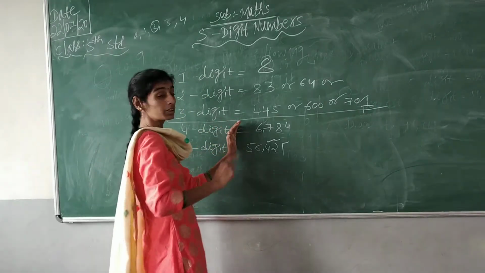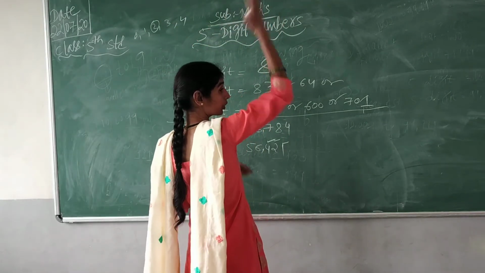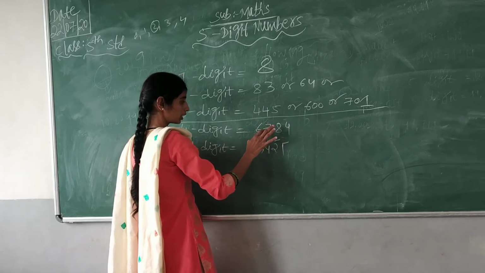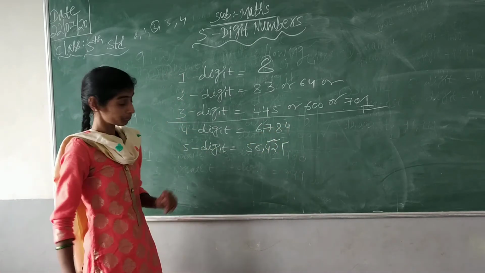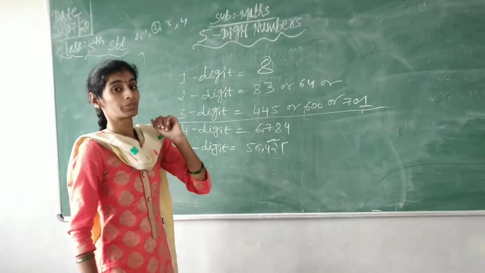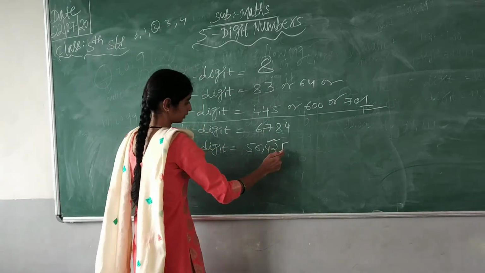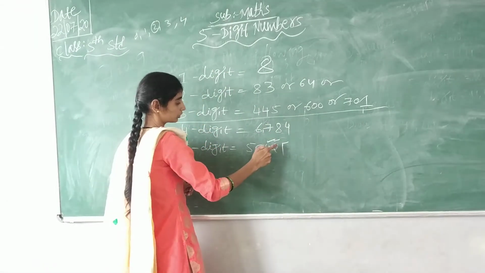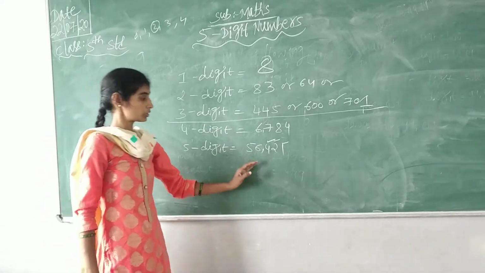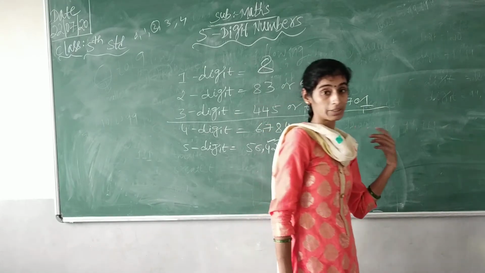For 4 digits, from your right, I have shown you the position also. From your right, after 3 digits, 1, 2, 3, you need to place a comma. Again for 5 digits, you will have only one comma. The process is the same. From here write 3 digits, after 3 digits, 1, 2, 3, and you have to place the comma here. So this is all about how to place the commas. I hope you all have understood.